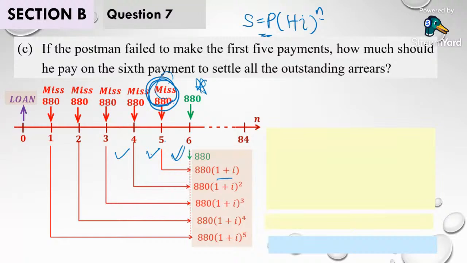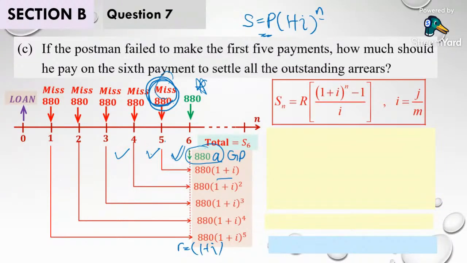Of course, I believe most of the time for simplicity, you won't do these interpretations, but you just directly use the formula of S6. And how we actually get this S6 here, again, is by the derivation of the geometric progression. We total this up by using GP, where this is the first term. The r, again, will be 1 plus i. So we substitute into the GP formula. You find out that it derives the Sn formula that we have learned. So once again, in this chapter, for simplicity, we just apply the Sn formula.